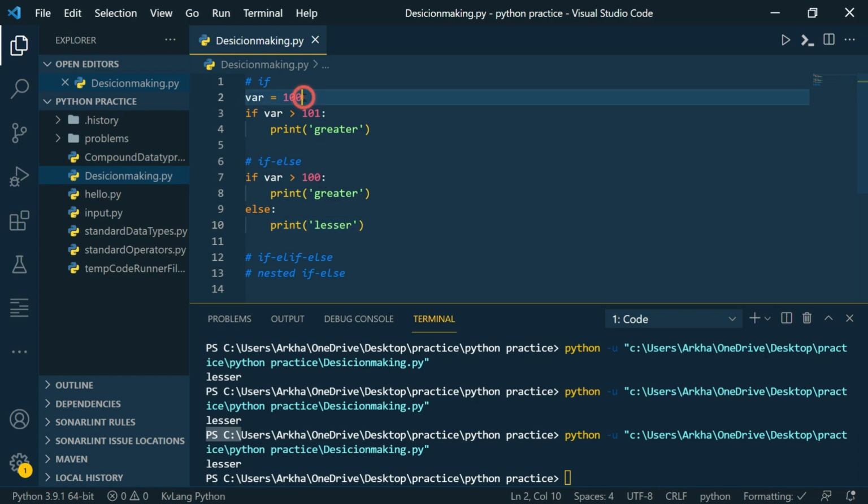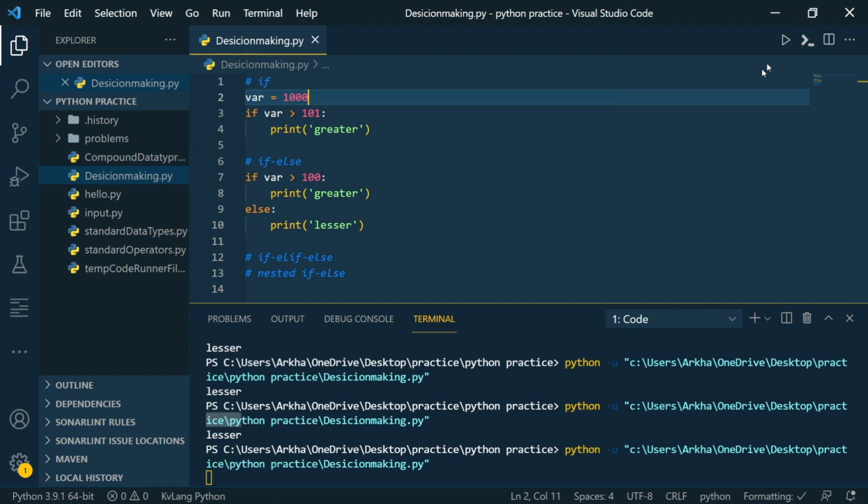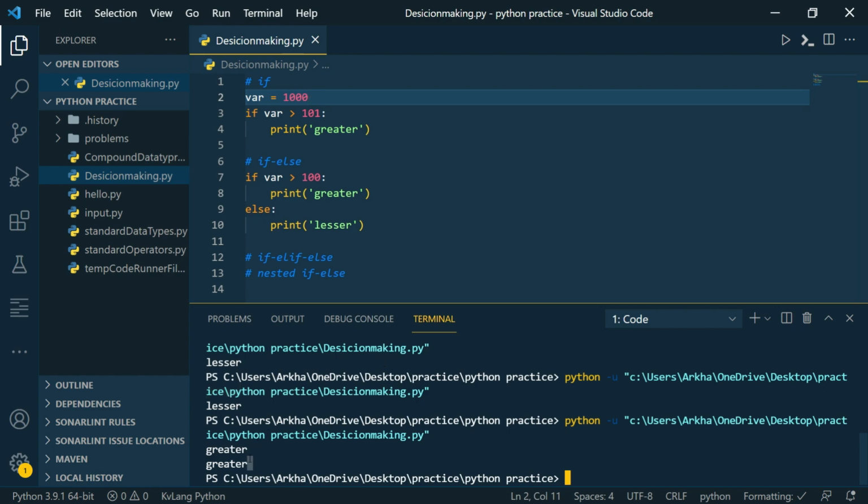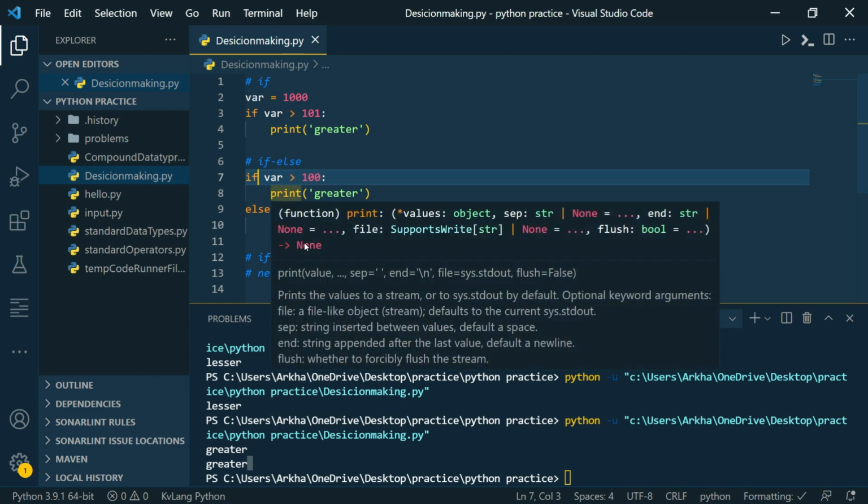Now let us make var 1000, that means it is greater than 100 and 101. So greater will be printed 2 times. The first will be this and the second will be this. I hope it is clear, and indentation is really important. Again, we need to stay inside these in order to count in the if and else blocks.